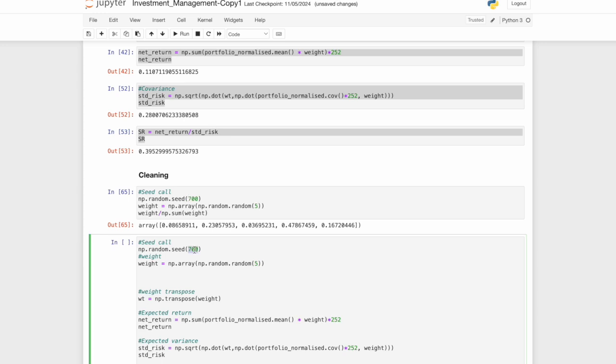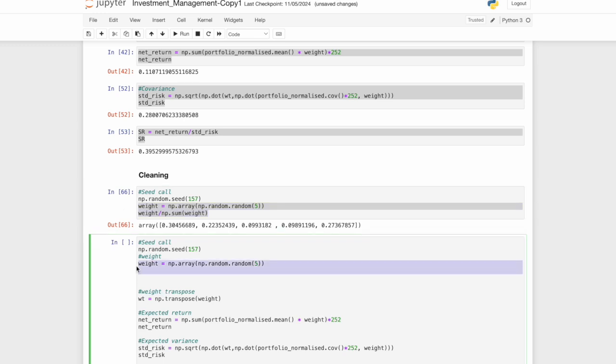Okay, for me, let's go with my birthday. It's 15th of July. So we're gonna go with a seed of 157. We're gonna have this weight. So now we have a new randomized weight. So if we call this seed, we're gonna have